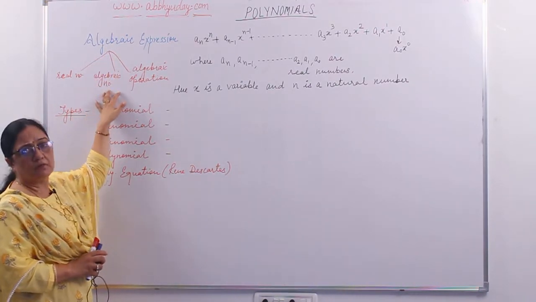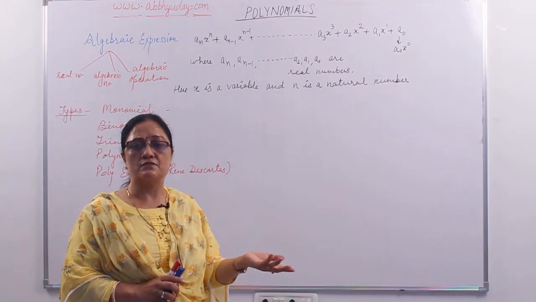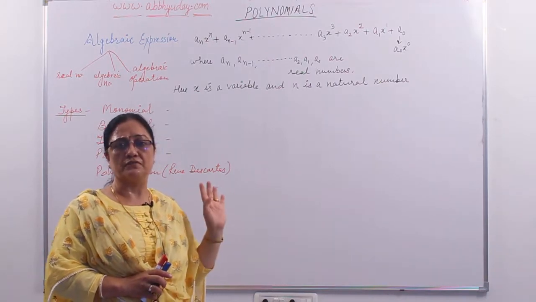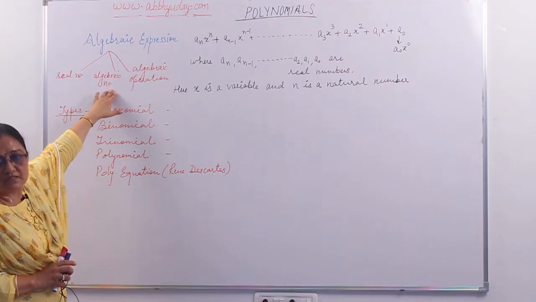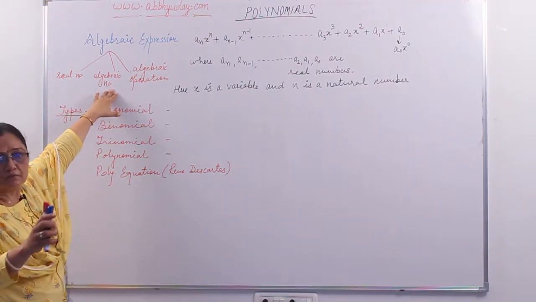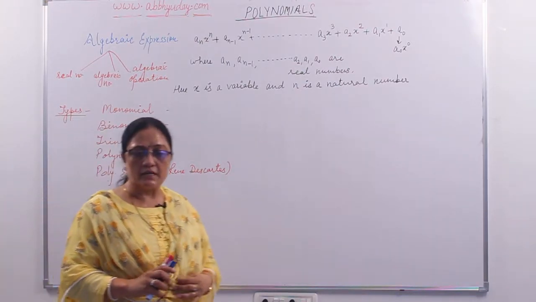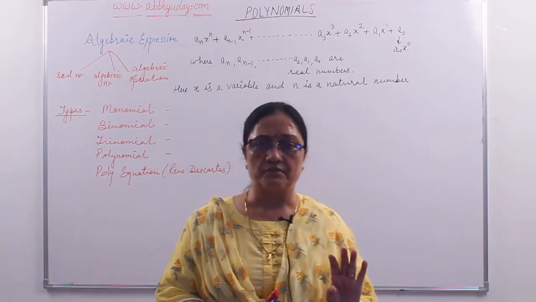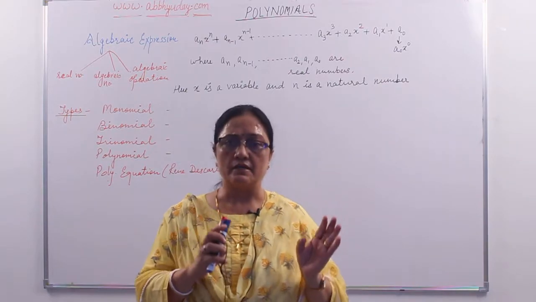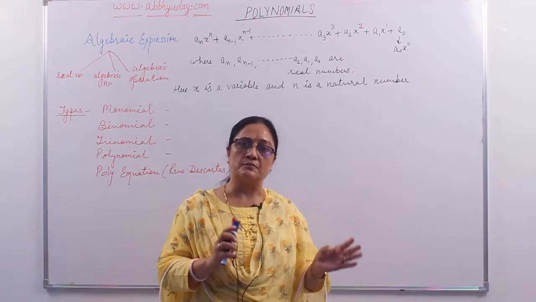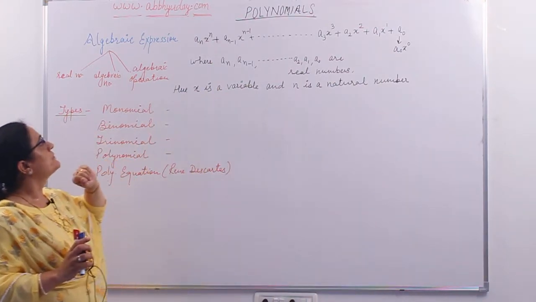You know the algebraic numbers? Algebraic numbers are the alphabets which we consider x, y, z, a, b, c, m, n, o, p, q, r, whatever. So these are the algebraic numbers which are actually the unknown numbers. We use them according to the condition given in the problem. Now it is very clear that polynomial is an algebraic expression. Algebraic expression is a combination of real numbers, algebraic numbers and the algebraic operations. Fine. Let's come to polynomial now.